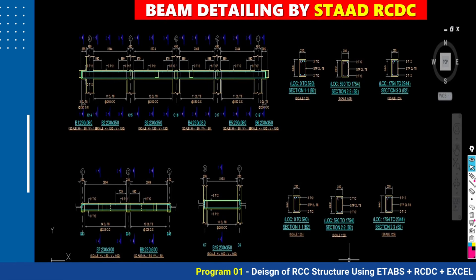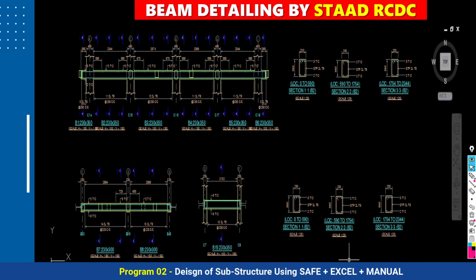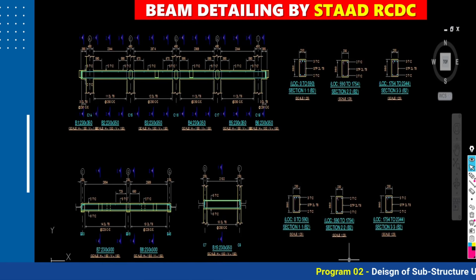If I'm asking to do this kind of detailing in the CAD software, you can imagine what time will be required. You will need 30 minutes to 1 hour for one beam, if suppose you are going to create it from scratch. And likewise, not one beam is there; on one floor there are hundreds of beams, and there are more than 10 floors, 12 floors, 30 floors. So tell me, is it possible to do the detailing manually?